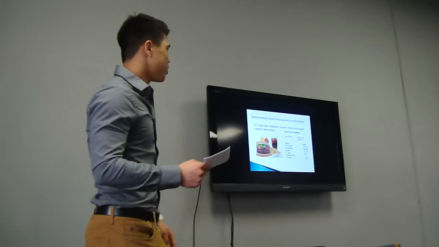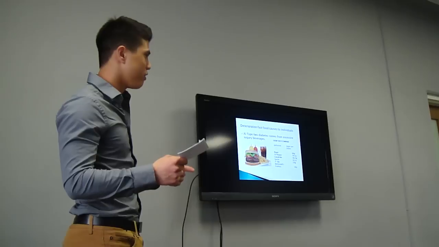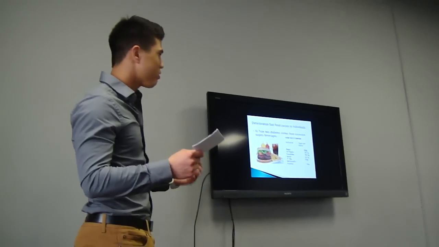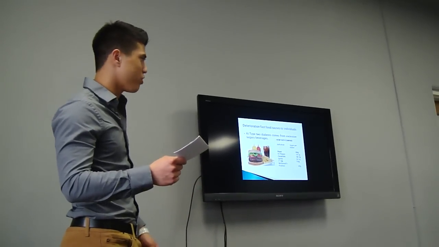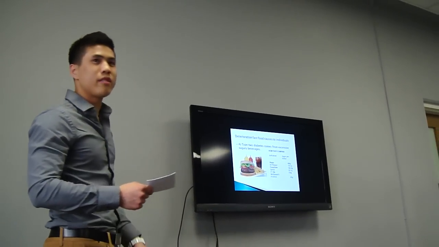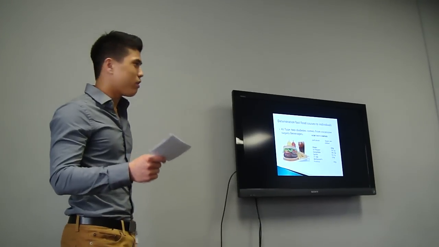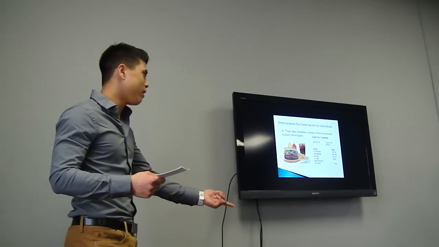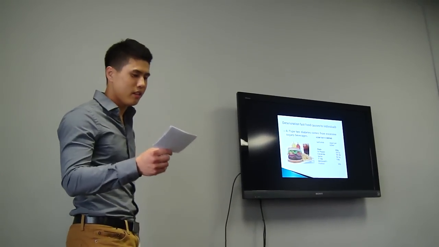However, sugar does not only come from beverages, it also comes from food too. For example, the McDonald's ice cream has about 18 grams of sugar, the apple pie has 13 grams of sugar, and the Big Mac has 9 grams of sugar. I mean, this is not a lot compared to the drinks, but it does add up continuously.